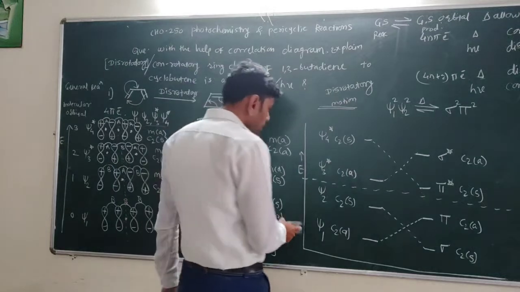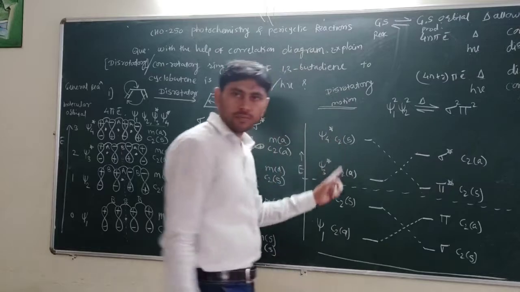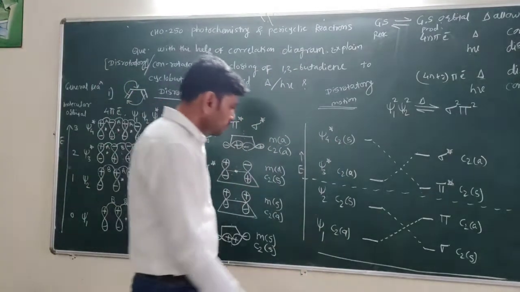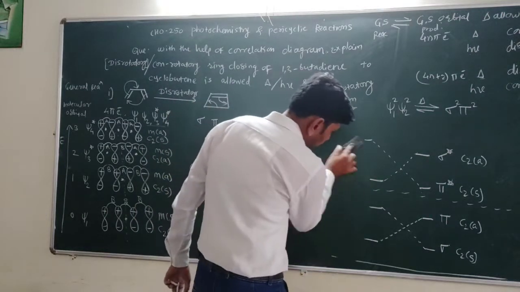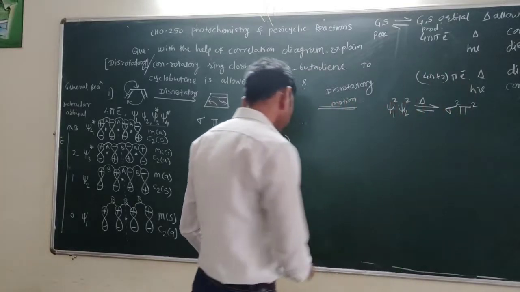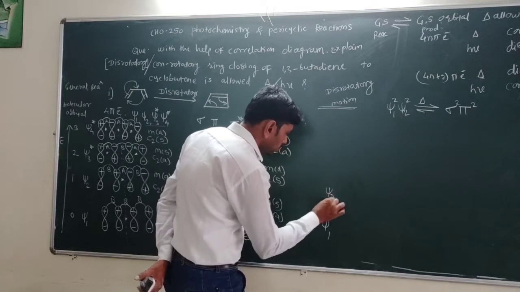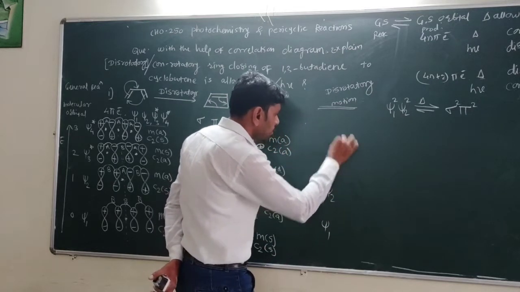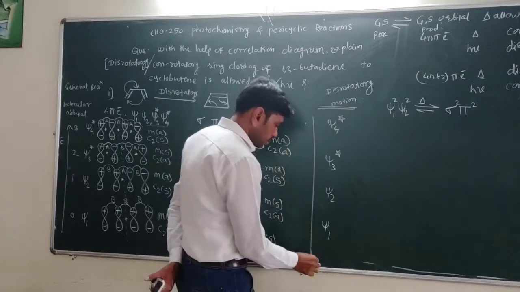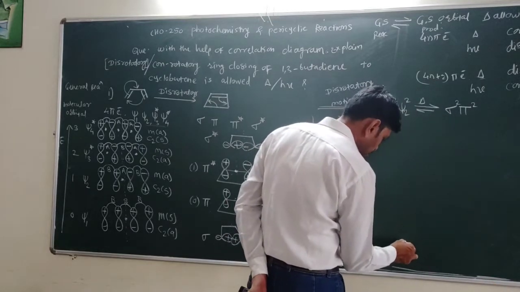Now in this disrotatory motion, what do we have to consider? We have to consider m symmetry, the mirror plane. For conrotatory we considered C2 symmetry; now we have to consider the m symmetries here. So see here, again draw the reactant orbitals Psi1, Psi2, Psi3 star, and Psi4 star. These are the reactant orbitals. Now again we have to draw the product orbitals. Which are the product orbitals here?